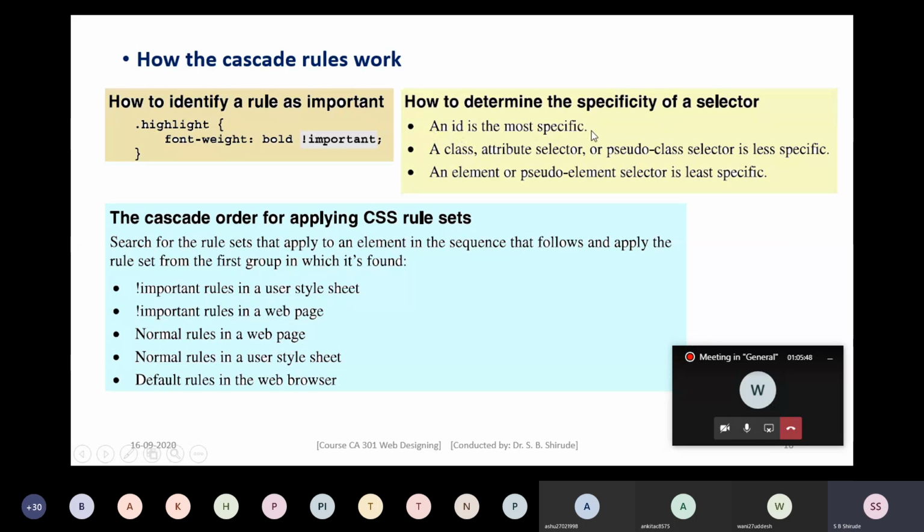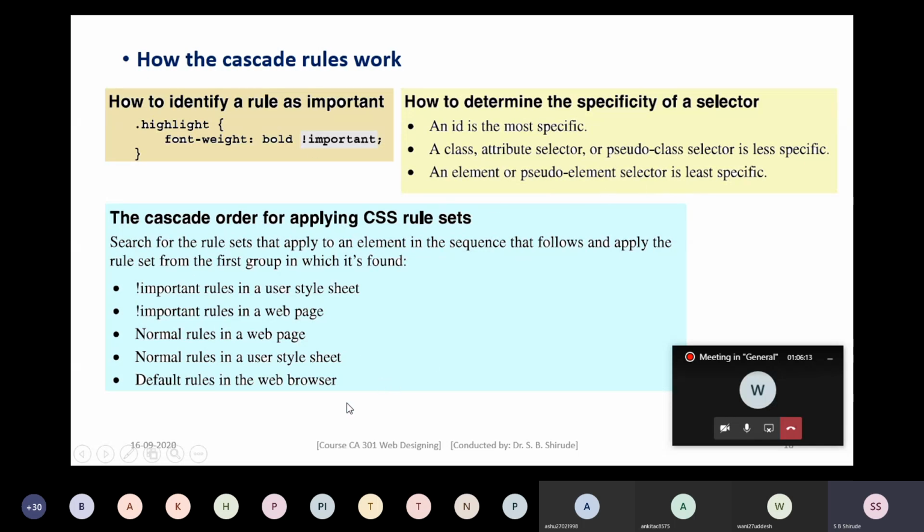So ID is most specific. Class, attribute selector, and pseudo class selectors are less specific compared to the ID. And an element or pseudo element selector is the least specific. So this is the hierarchy for specificity: ID, then class, attribute selector or pseudo class selector, and then element or pseudo element selector.